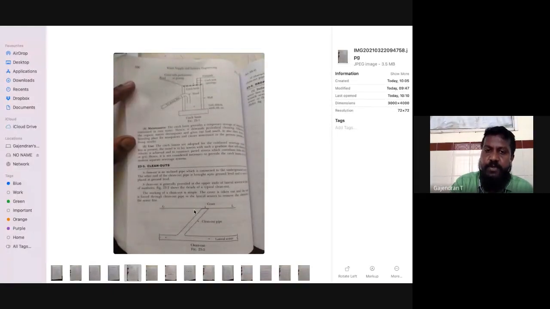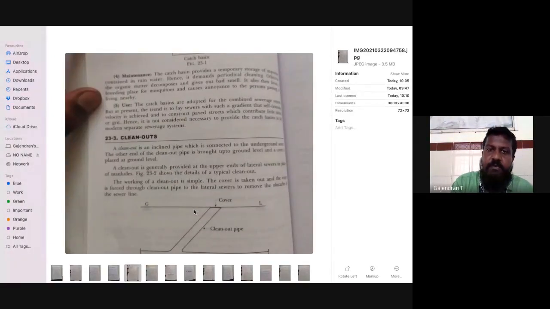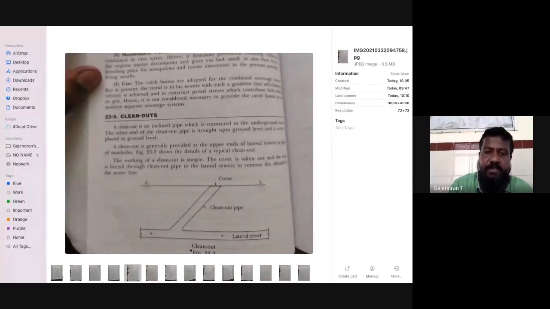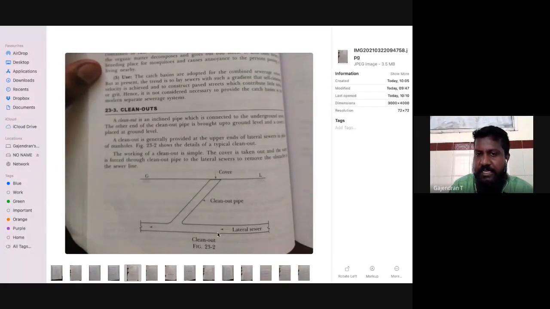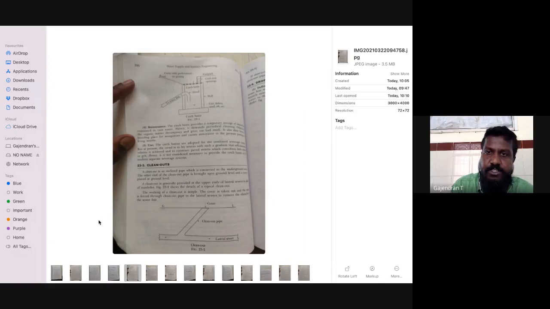Here, what I'll be doing in this class is explaining what these points are. What is a clean out? A clean out pipe is a pipe wherein your sewer line goes underneath the ground, with an opening at ground level. A clean out pipe is an individual intervention pipe where there is a cover, a manhole, through which water is forcefully pushed. In case of any blockage in the pipe, this water force would clean out that spot. So that is the function of the clean out pipe.